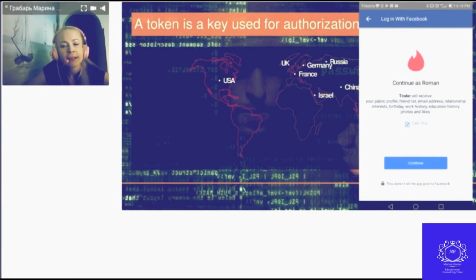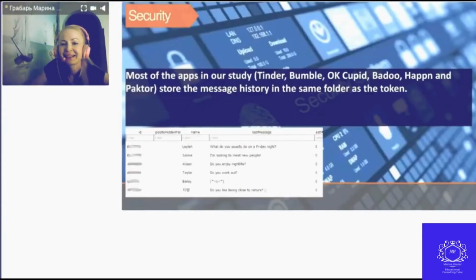Thus, in the app, you can intercept a token or even a login and password pairing, meaning an attacker can log in to the app. Most of the apps in our study, Tinder, Bumble, OkCupid, Badoo, Happn, and Paktor, store the message history in the same folder as the token.